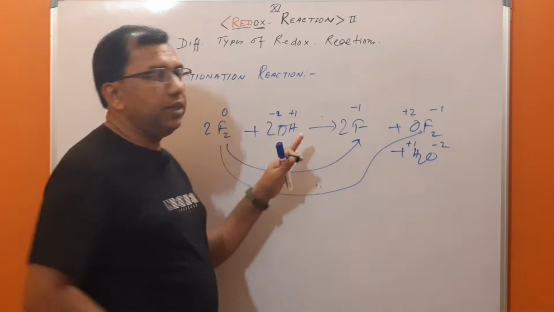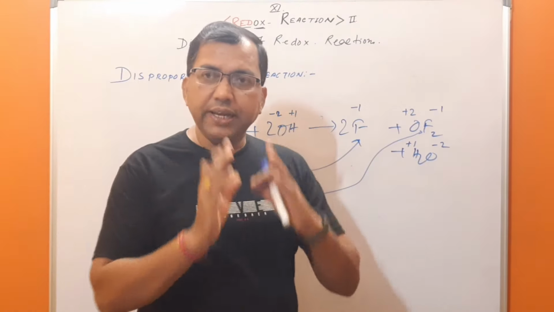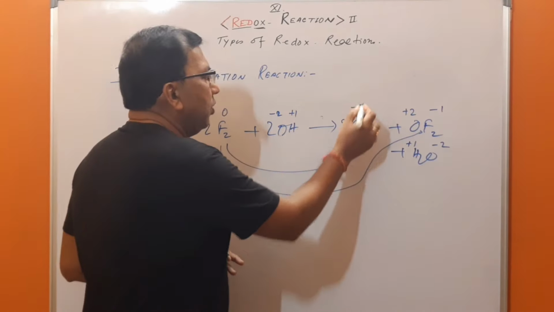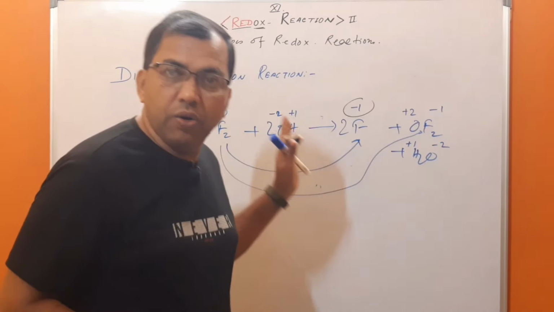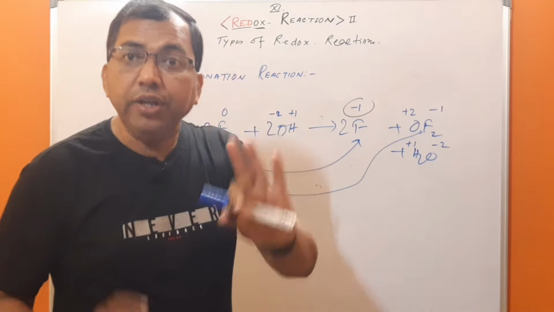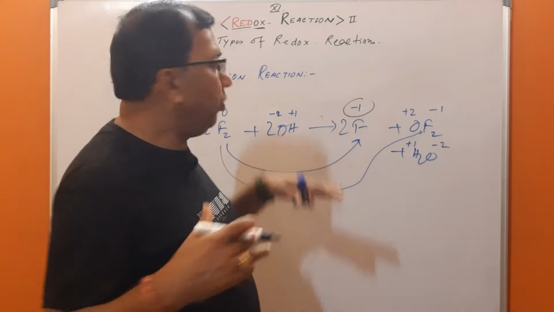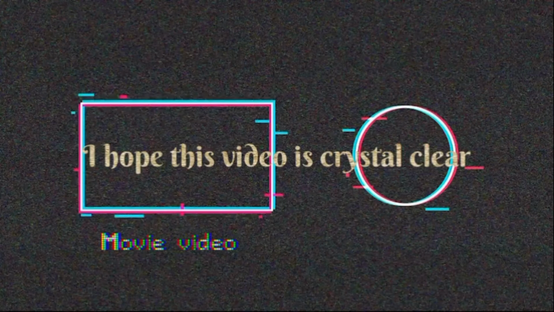This is because of the fact that fluorine can never exhibit a positive oxidation state. Only -1 and 0 oxidation states are possible for fluorine. So here I end. Thank you. Next I will discuss the valence and oxidation number.